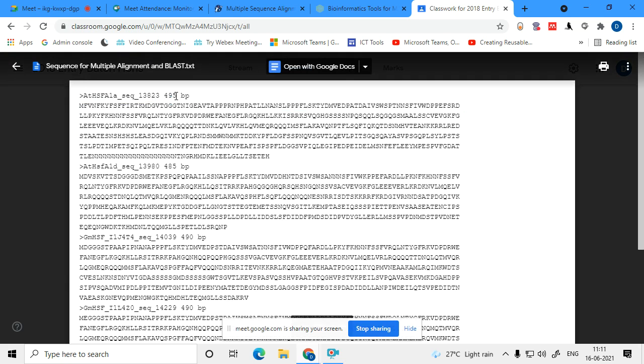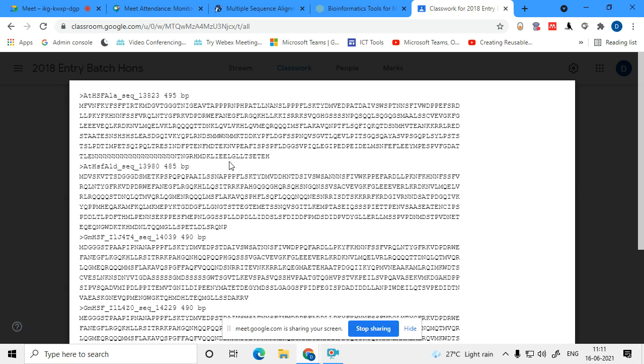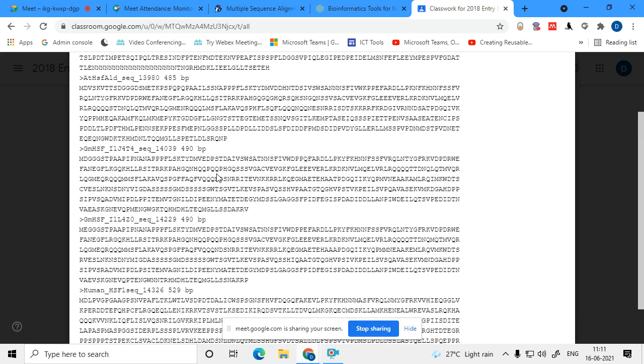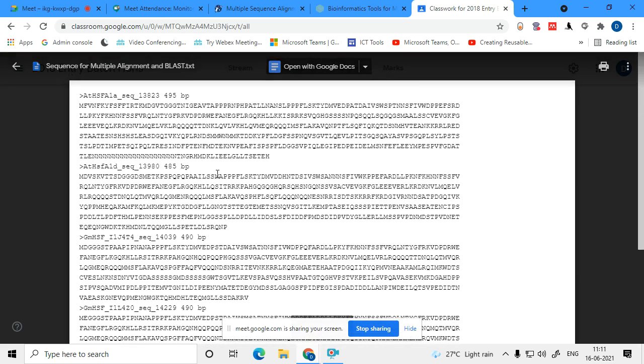It has got 95 amino acids, and it's a heat stress transcription factor, as are all of them. They act when there is a heat stress or a heat shock. These transcription factors are responsible for binding to the promoters of heat stress inducible genes. Under normal conditions, these transcription factors are in an inactive form, but when heat stress is there, they dimerize and bind to the promoters of heat stress inducible genes, like heat stress proteins or heat shock proteins.